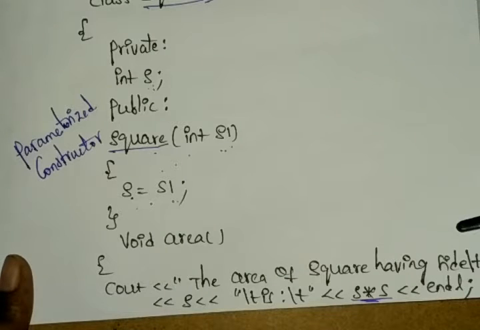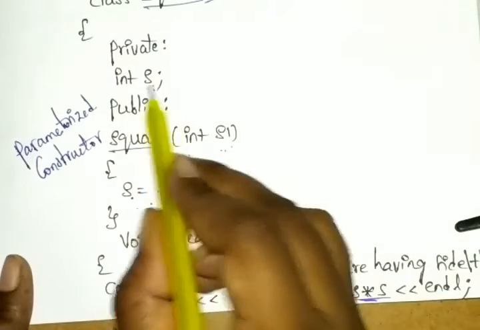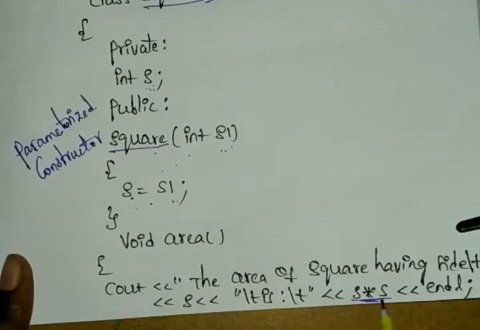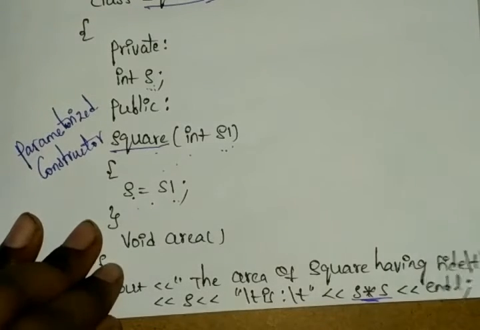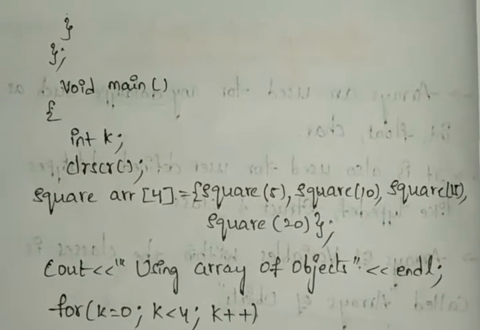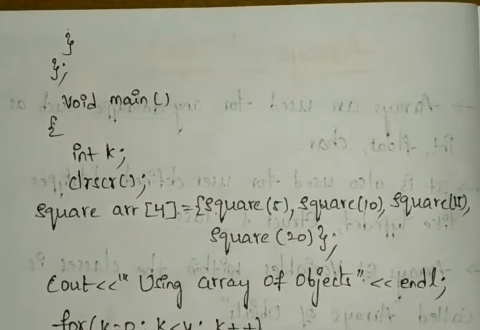Side into side, normally we have the formula side into side, right? So I'm taking s, or if you have any doubt, you can directly mention side here. So s into s will be displayed; our output will be in the form of multiplication. Suppose you took the value 2, then 2 into 2 is 4. Next, continuing the program, you can close the function here, and also close the class.